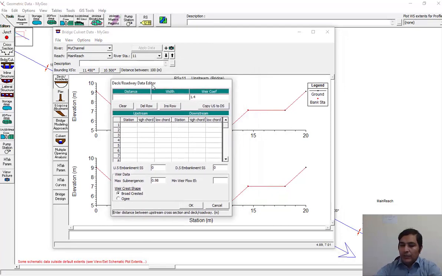Okay, I want to enter the number in centimeters, but as I told you before, you should enter a smaller value for this section. The width is the roadway dimension in the direction of flow, and I want to enter, for example, the number 5 meters. And this is the weir coefficient, as I told you, when the water starts to overtop the bridge, the model uses this value for the weir coefficient and flow